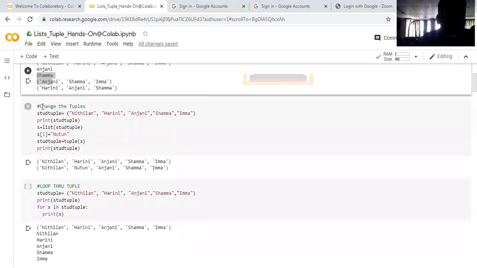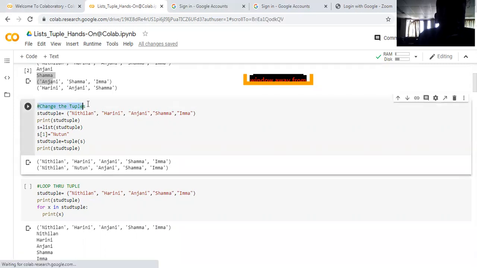What is the new concept you are having? Changing the tuples. As according to the syllabus or the definition, tuples are immutable. So immutable means you can't change the values of the tuples. But here we consider the scenario of changing the tuples. So first I will take how to change the values in the tuples. If you want to change the values of the tuples, you have to convert the tuple into list, then change the value in the list, and then you convert list to the tuple.